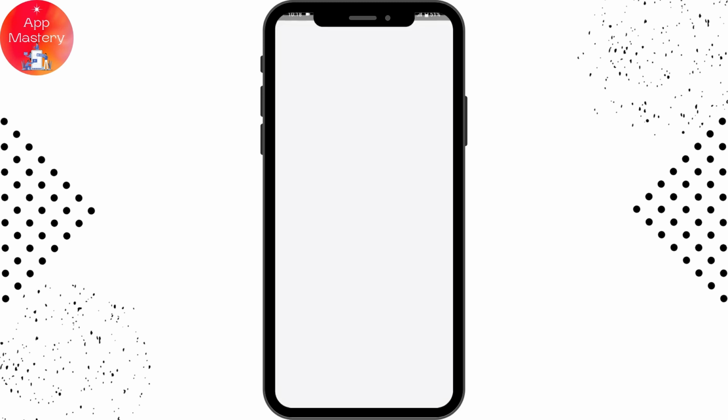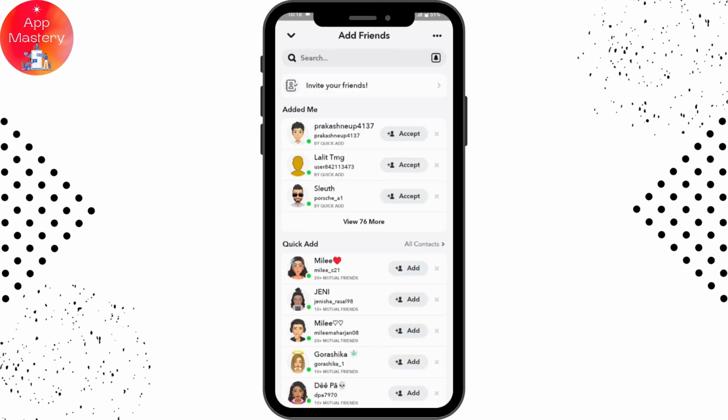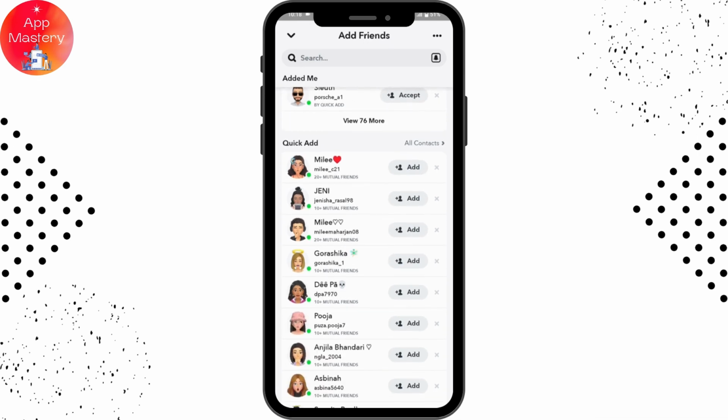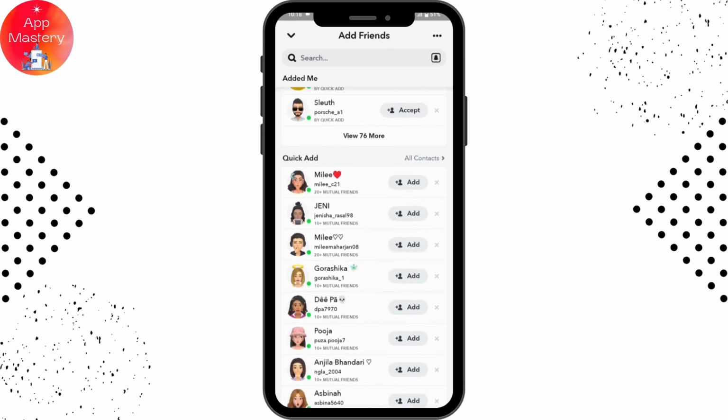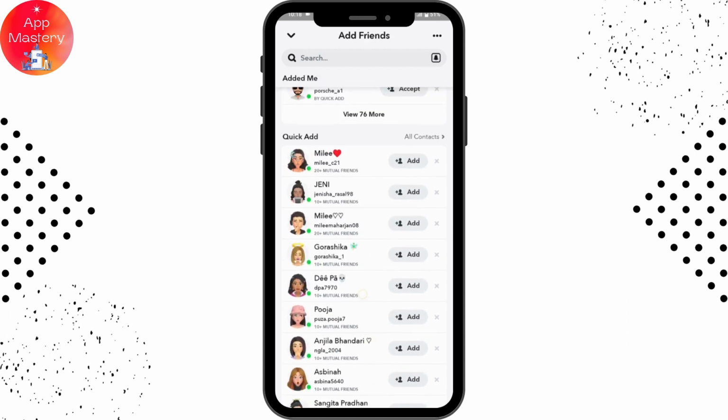Tap on add friend and here you will have your add friend list. If you scroll down, here you will have your quick add. So you won't have an option to see other people's best friends, but what you can do is simply scroll down, and from here, for example, if you want to find this first person's best friends, then